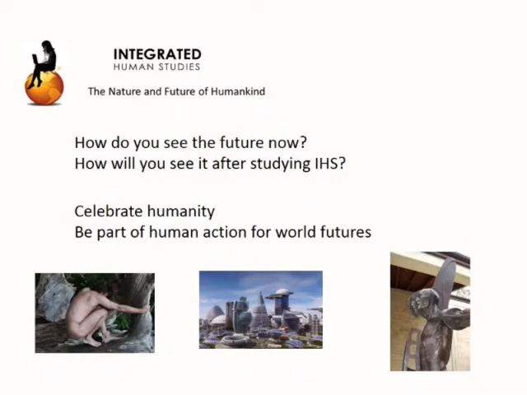Think about our crazy species called human. Our little naked ape has gone from something very small, very weak, to something which can change whole environments and create phenomenal cities. And we may even be thinking a bit further. What will humanity become in the next 100, 200, 1,000 years? That's for you to reflect on.